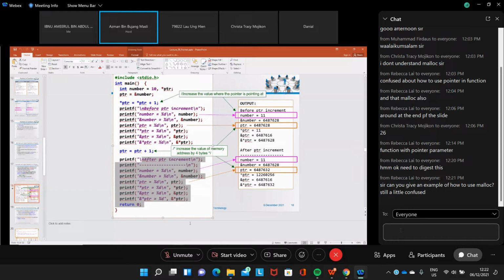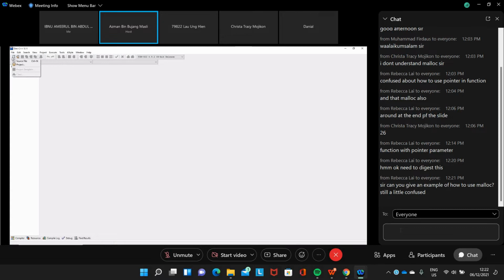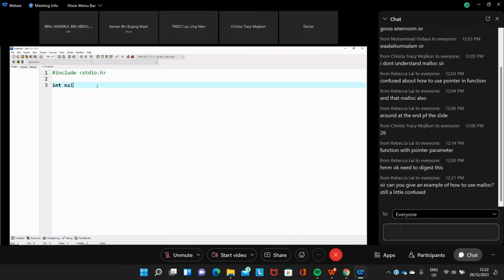Can you give an example of how to use malloc? Still a little confused. Okay, look at the example. Let's say we create it here, and include the library. Let's say we declare a pointer.